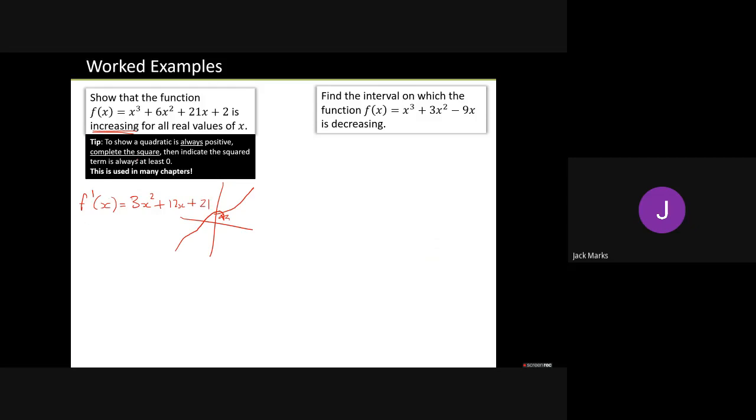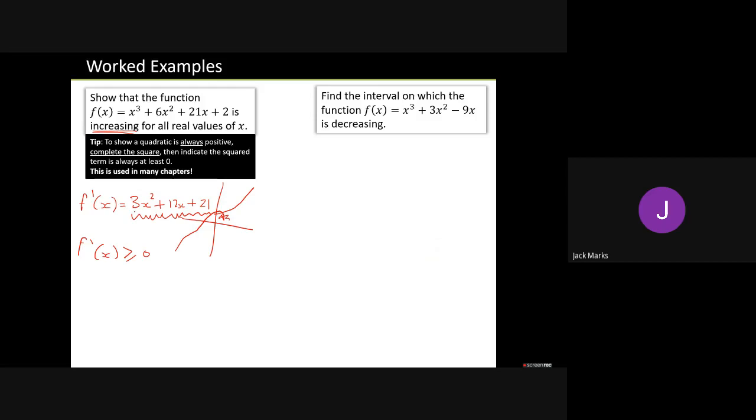I want to show that this is always positive. So show that this is increasing. So I want to show that this thing here is greater than or at worst equal to 0. Now, how can I show that a quadratic cannot give me a negative value? Well, there are many ways that we could do this, but completing the square was a proof that